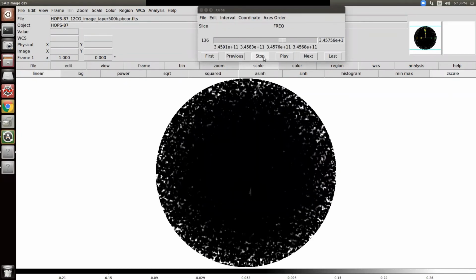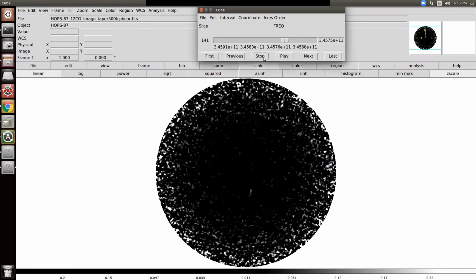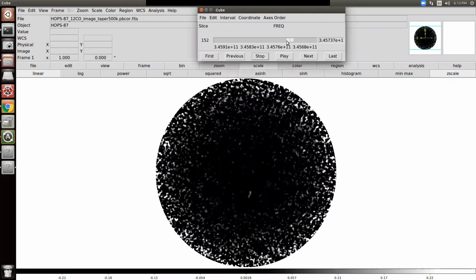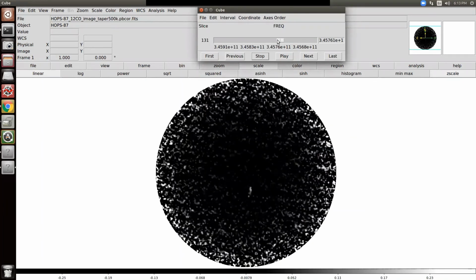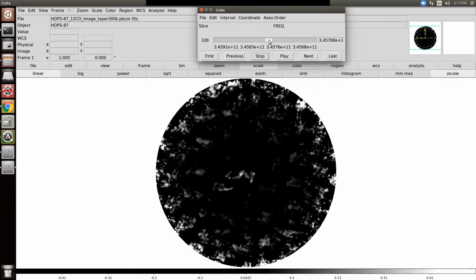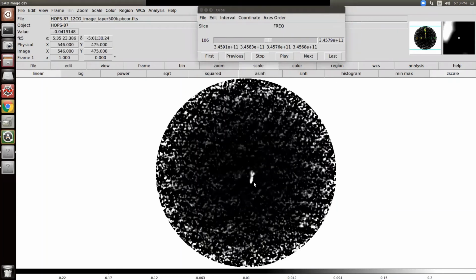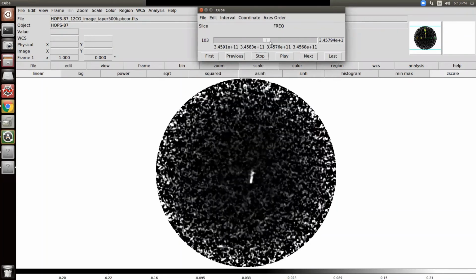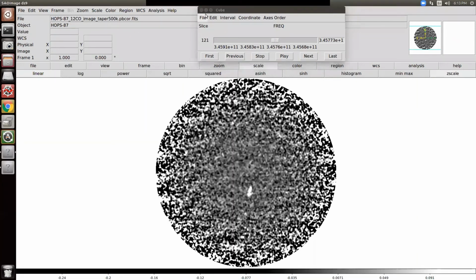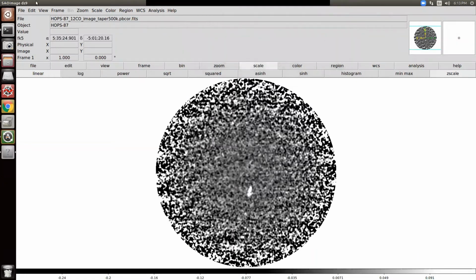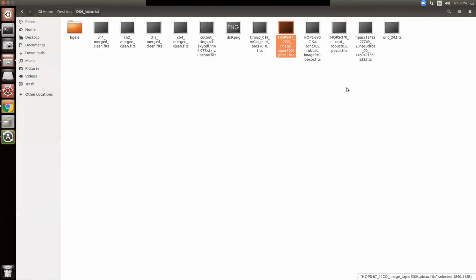So you can do all these kinds of tests as well. You can quickly go through and see whether you have a detection or not. If I go on the opposite side, you start seeing the blue shifted jet. So you start seeing a jet here now. This is the blue shifted jet, and this is the red shifted jet on the other side. So these kinds of things you can do with DS9. You can look at ALMA FITS cubes. To the first order, you can easily do it with DS9. So we have seen